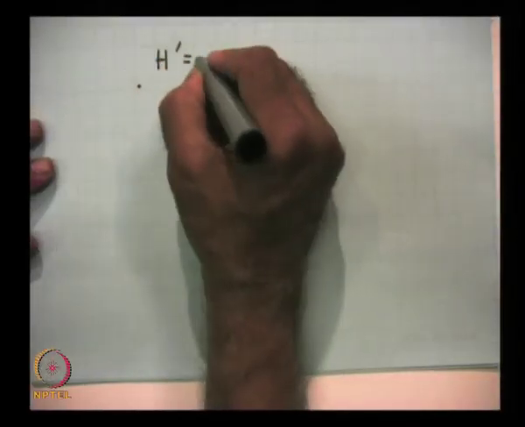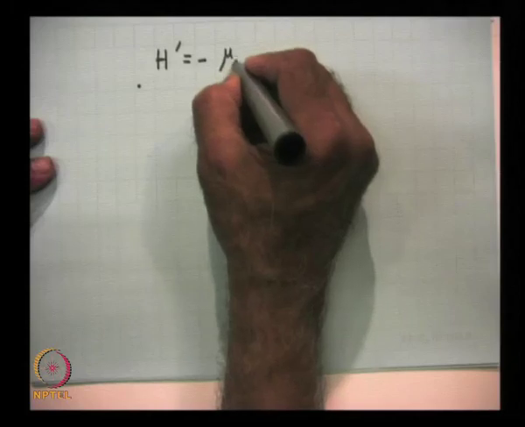Now, if I apply a magnetic field in the z direction, then the perturbation will be... For the hydrogen atom you have a proton and an electron, which in the Bohr model you can assume is rotating in a circular orbit. If I am sitting on the electron, the proton is rotating. Because of the orbital motion, there is a magnetic moment which interacts with the magnetic field, and the perturbation is equal to minus the magnetic moment